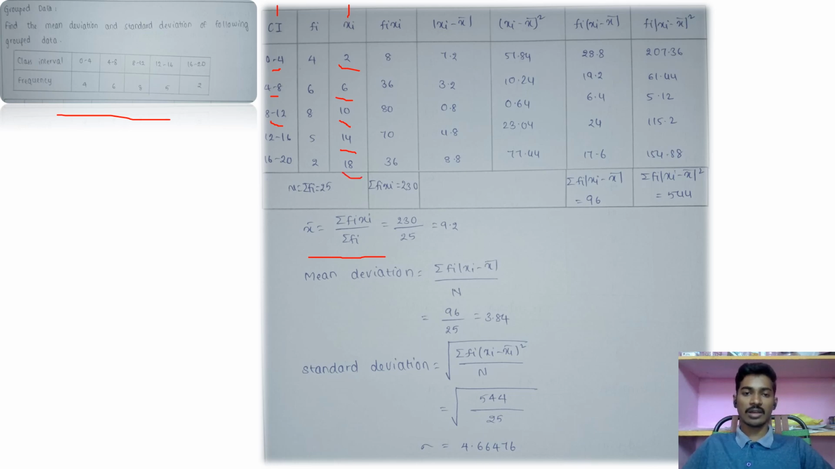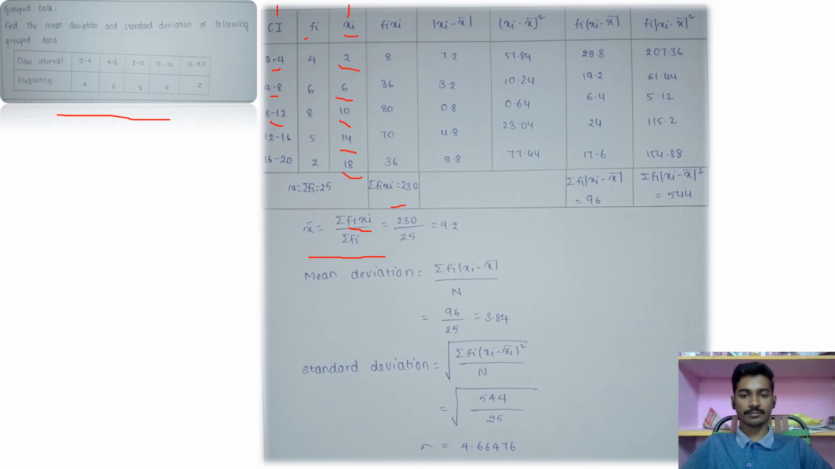We calculated the xi, and next we have to calculate fi xi. Fi xi is the product of frequency fi and the xi we found before, that is 4 into 2 is 8, 6 into 6 is 36, 8 into 8 is 64, 14 into 5 is 70, 2 into 8 is 16. And now we will calculate sigma fi xi, that is equal to